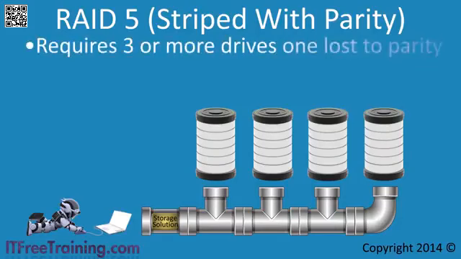This requires a minimum of 3 drives. One of these drives, however, is lost to what is referred to as parity. When data is written, notice that all 4 drives are required to write information. The last drive in this case contains parity information. Parity is additional information stored about the data. A simple example of calculating parity would be to add the data from the previous drives and store the result